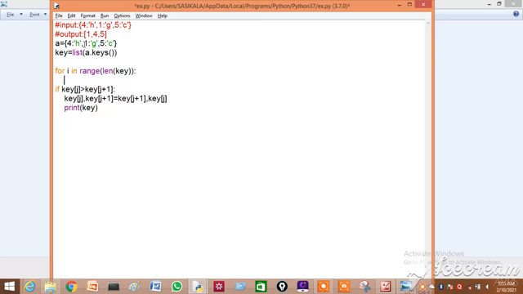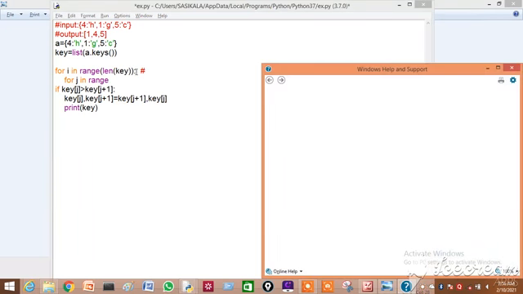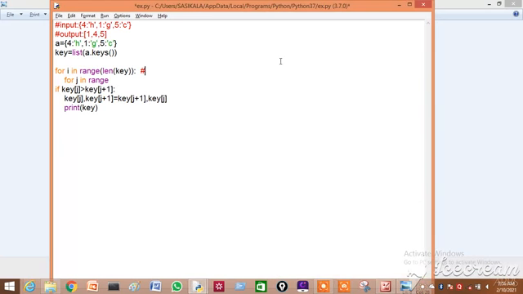Then one more for loop is for taking a single key and comparing it with the other values. For example, I have taken 1, the first key. Now I should compare that 1 with 4 and 5.